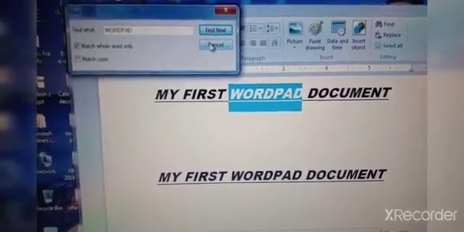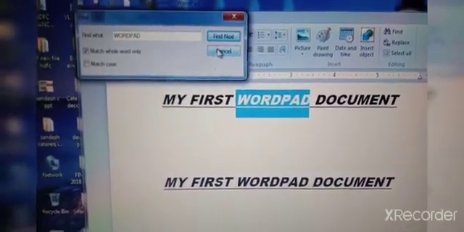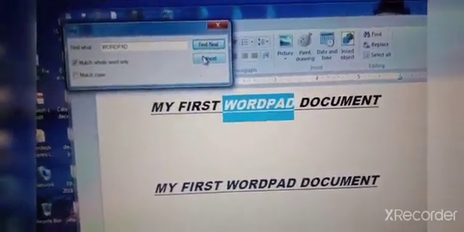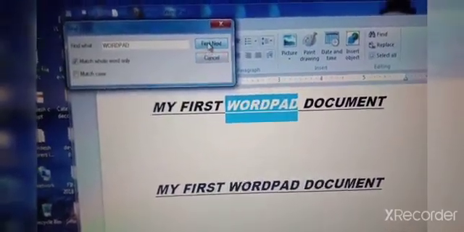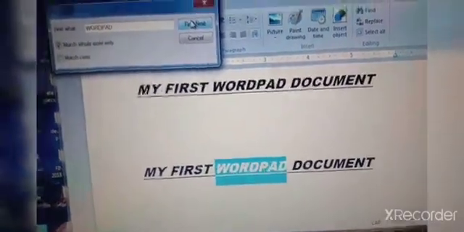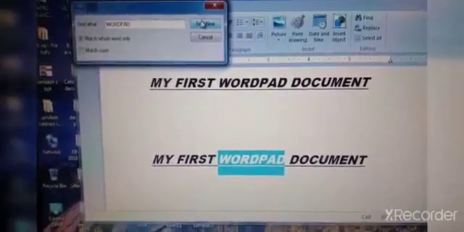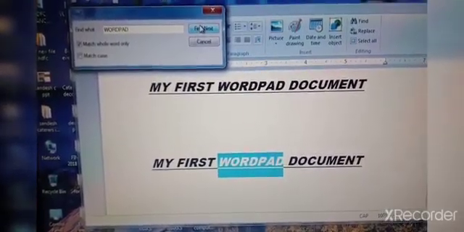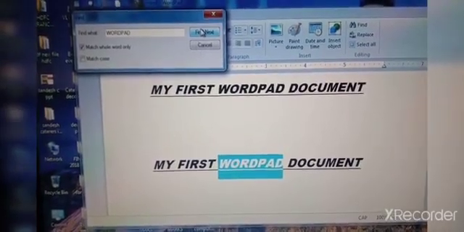Can you see the word WordPad is highlighted? Again click on find next. See, it will show you another copy. Can you see WordPad is highlighted again? This is called the find command.